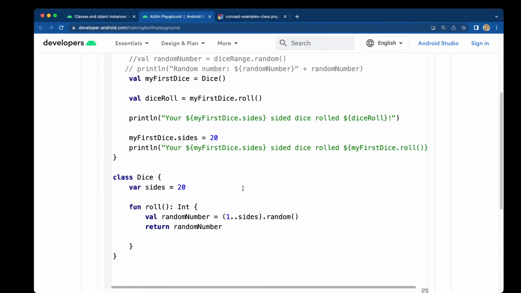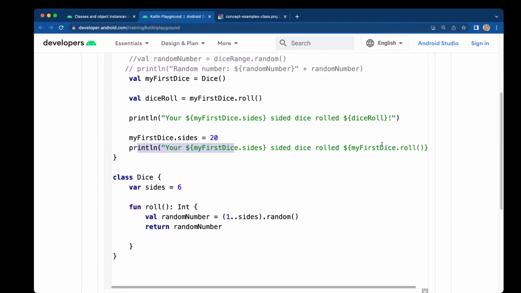The default value will be 6, but as our program goes on, we're going to say, hey, we don't want a 6-sided. We want a 20-sided. So we enforce this change inside our program, which will change our sides variable. And then we're going to print that out here with the